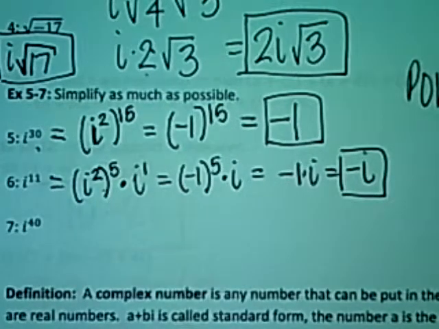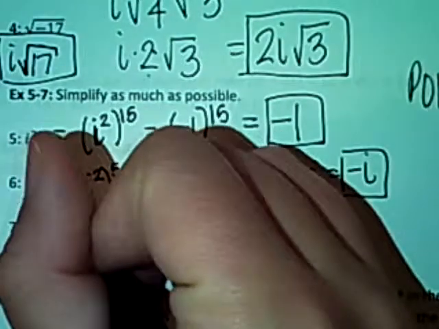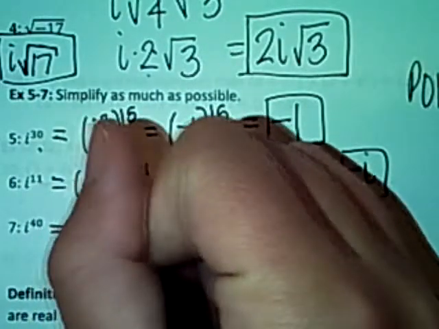Then I look at the next one, i to the 40th power. Again, try to rewrite it so that you have an i squared so that you can replace